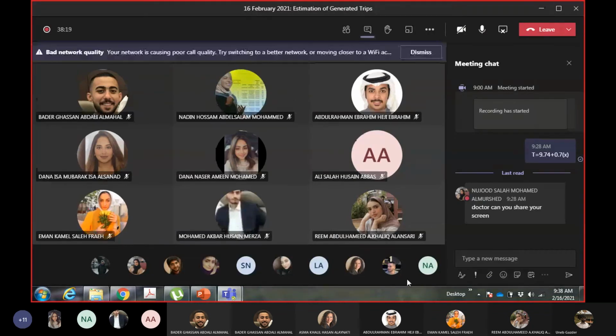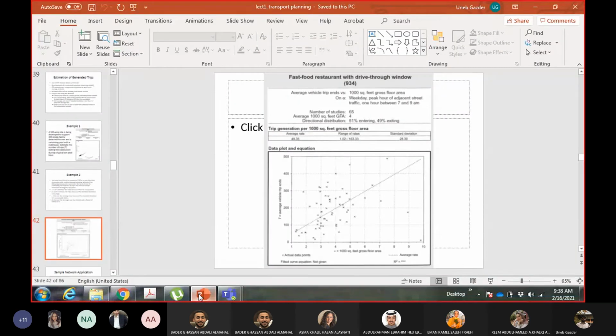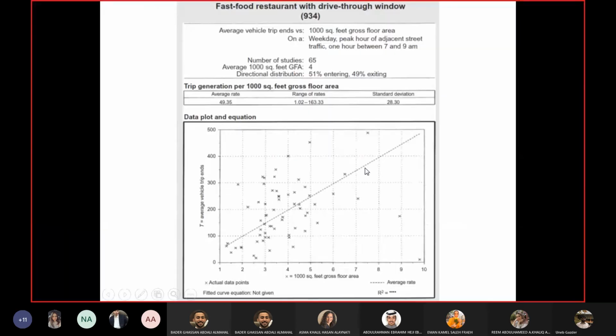Okay, I think there is some problem whenever I show the graph, right? The system doesn't want me to show the graph. They are afraid of the graph. Whenever I show the graph, the connection drops. So I think the problem is with the graph. But anyways, you cannot do anything about it.